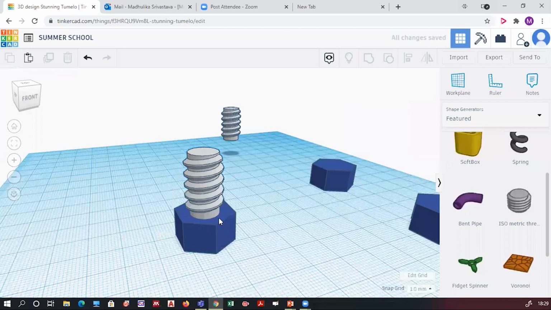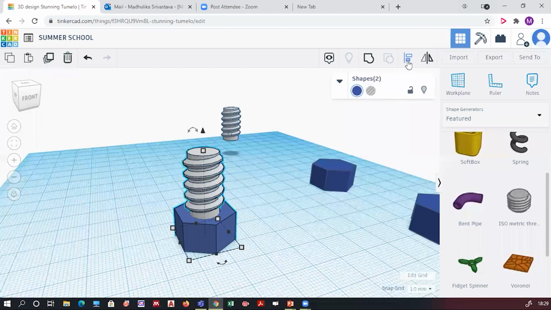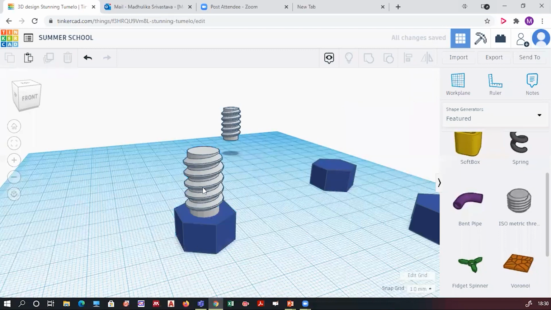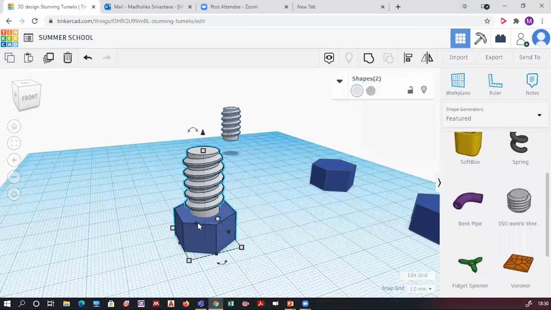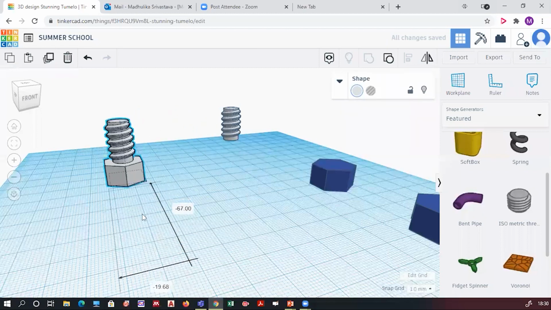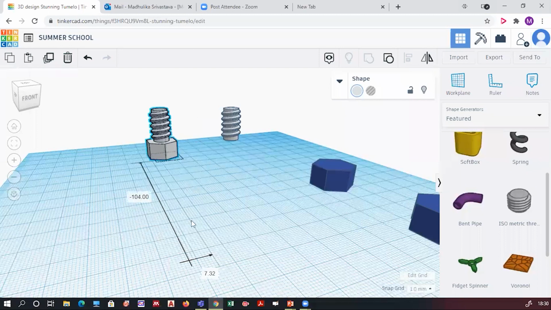Now, the next step, I selected multiple objects using the shift key, 1 and 2, and aligned them together. When I clicked on align, I had an option. I will click on the center points. And now it is aligned. For joining two objects, I selected one, I selected two, right? 1 and 2 selected using the shift key. And over here, there is a group option. Just click. Now this nut and this head of the bolt, I just click and drag, and now it is one body.